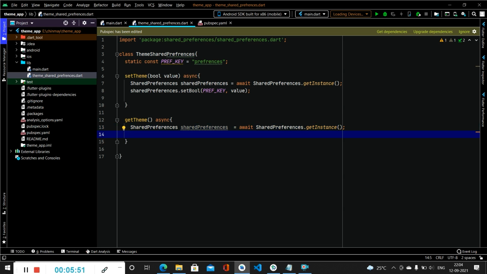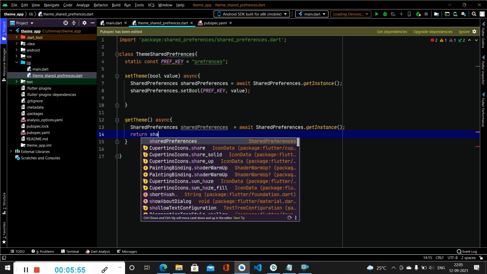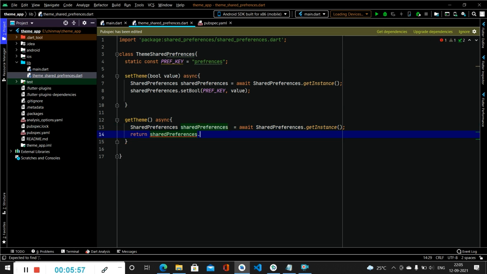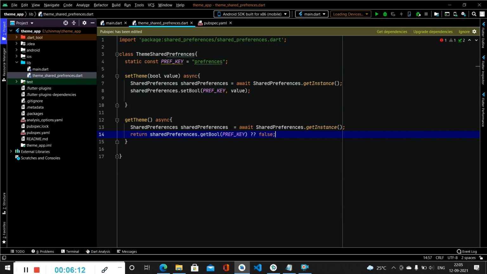After that we simply return shared preferences dot get bool, and inside this we pass the key as our pref key which we created above, and in the else condition we simply return false if it is null.